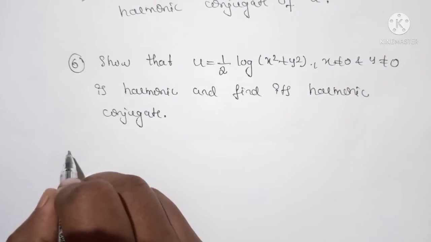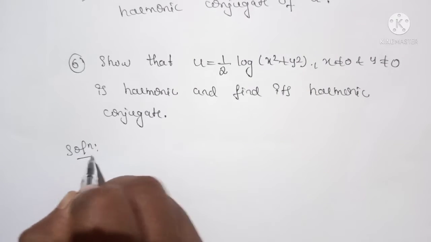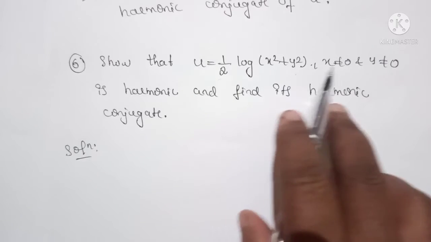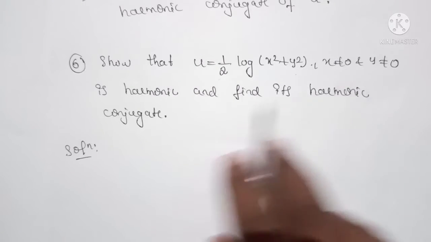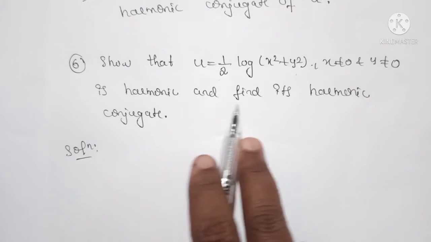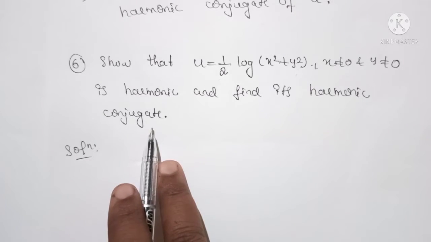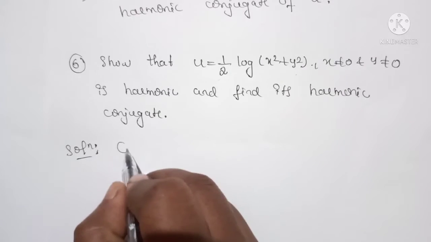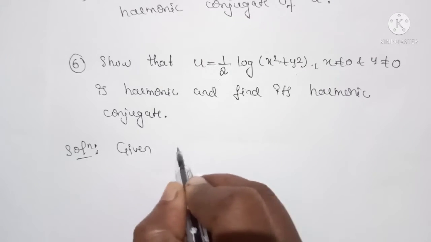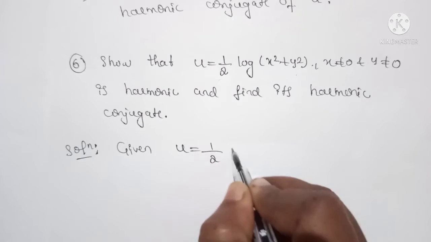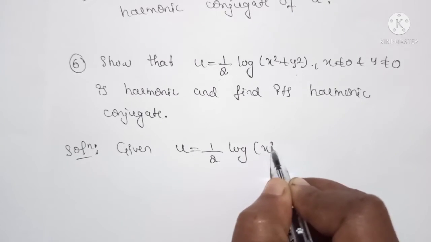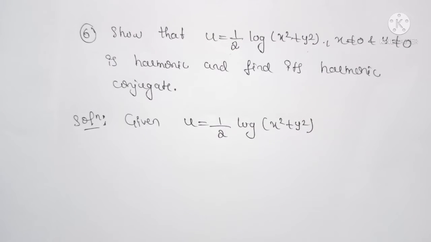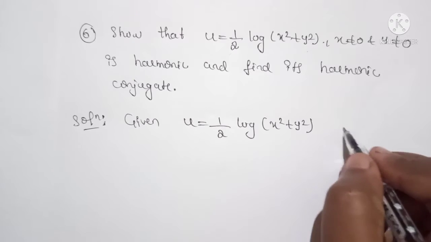Next problem. Show that u equals 1/2 log of (x² plus y²), where x is not equal to 0 and y is not equal to 0, is harmonic, and find its harmonic conjugate. Given u equals 1/2 log of (x² plus y²), differentiating this with respect to x, we get